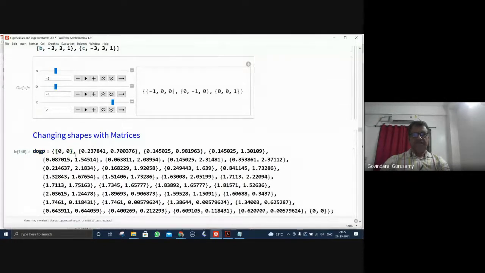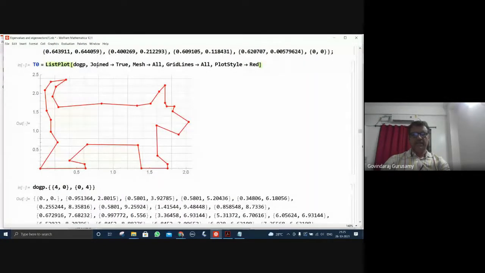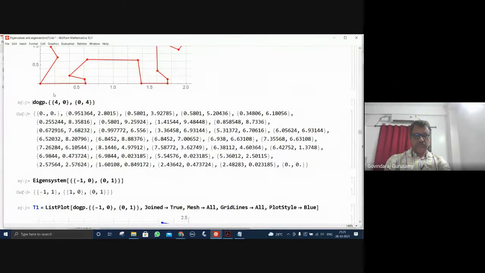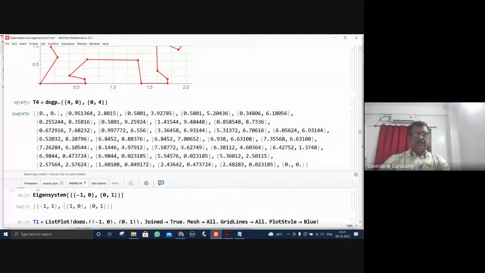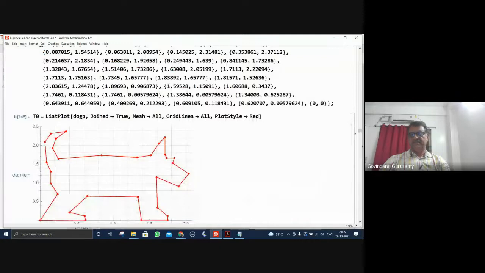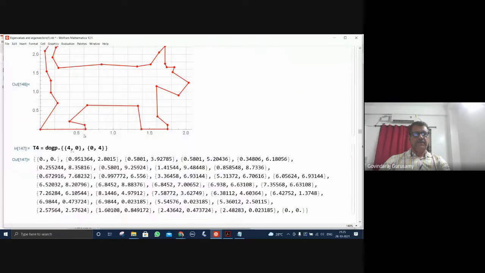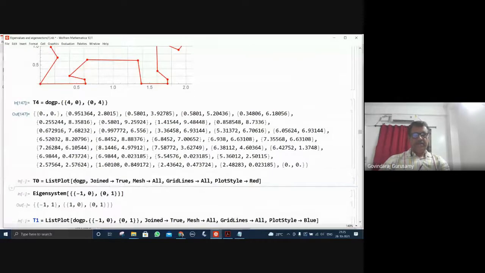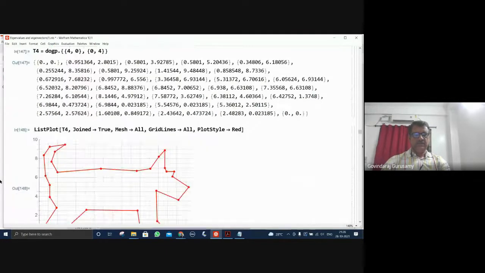Okay. So this I make it as, let me try here. First this plot. I'm getting this plot here now. T0 plot. I make it as a T4, where the matrix is being multiplied with this T4 here. If I make a plot of this, instead of this, I'll make it as a T4, the data points. I remove this and look at this.